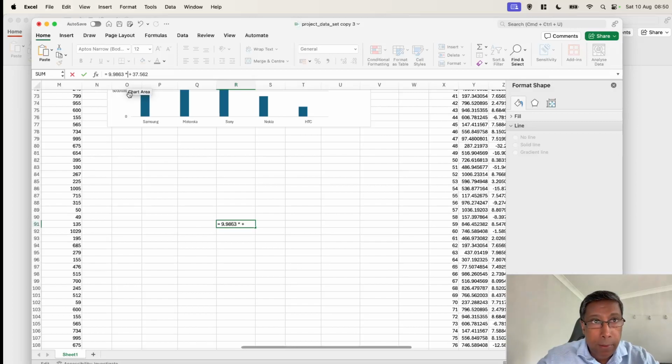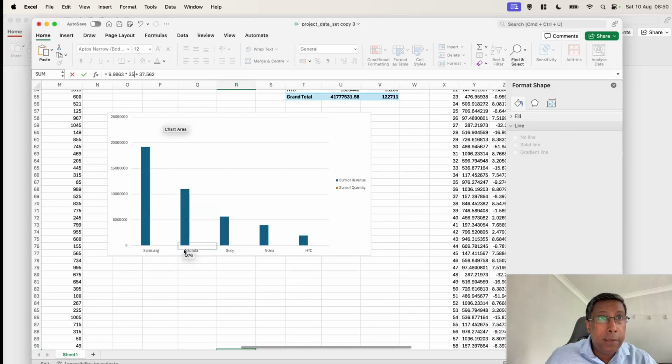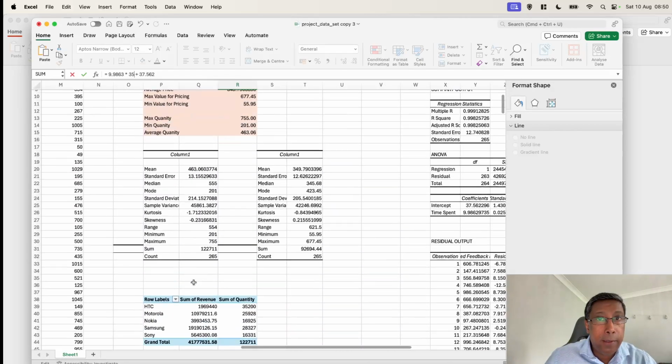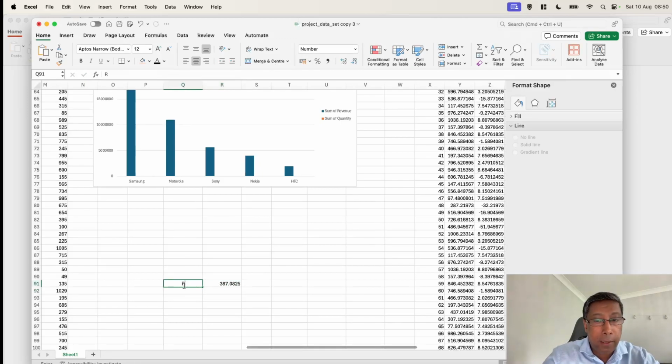Multiply by 35, right? And 37 is your intercept point in your linear regression curve. So this one is your slope, right? That should give us a value. That should give us the predicted value, right? So the rating would be 387. That's your rating